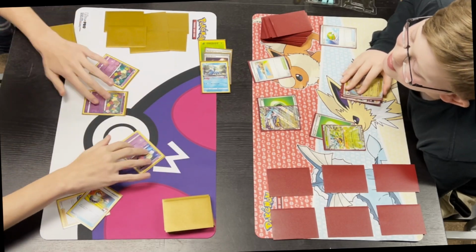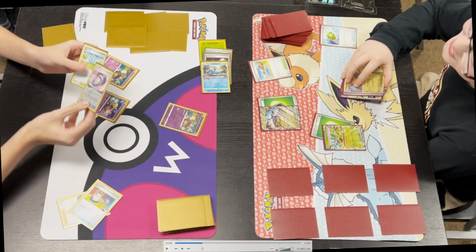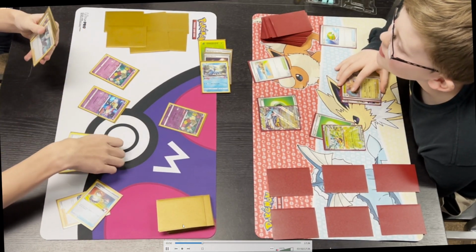So a third Comfey will hit the bench. The Comfey in the active will retreat for free, thanks to the Beach Court. Beach Court Stadium says each active Pokemon has 1 less retreat cost. So thanks, opponent, for the Beach Court to do my third Flower Selecting. Looking at the top 2,